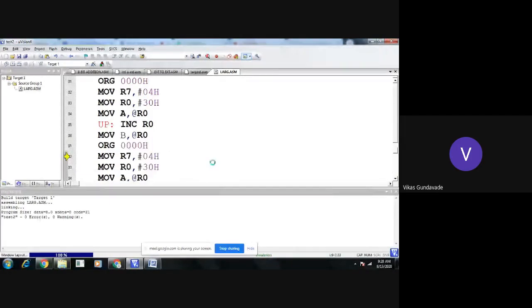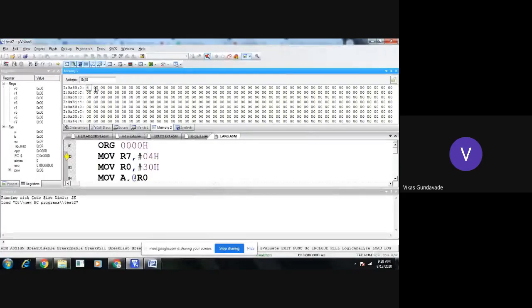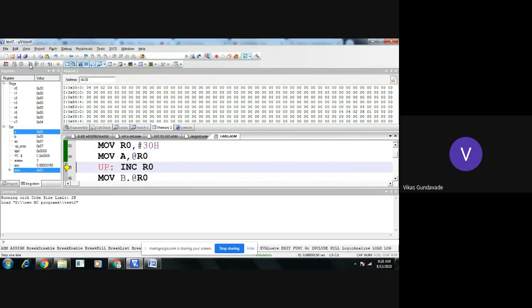In the same program, we will take two numbers, and we will also take the condition where both numbers are equal. Okay, so here are the 5 numbers. Then we will simply go with single stepping. First R7 with 04, R0 with 30. The first content 04 came into the accumulator. After taking the first number into the accumulator, we have incremented the pointer. The second number is taken into the B register, and now we are comparing.